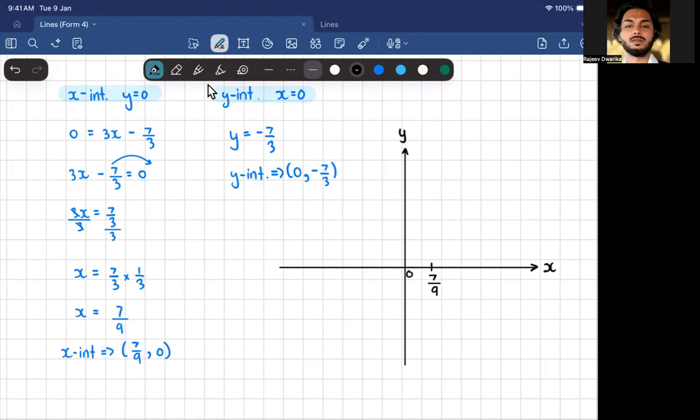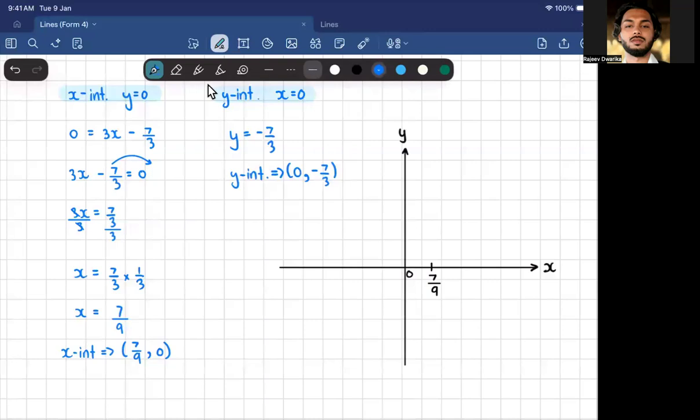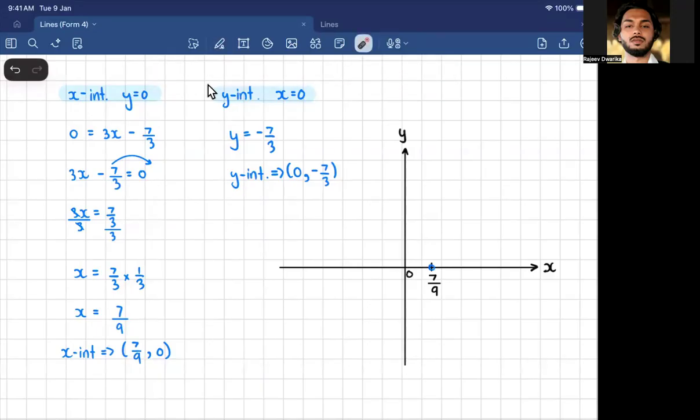You agree that 7 over 9 will be somewhere to the right side, because it's positive, right? Yes, sir. Nice. And the point would be right here. That would be the point. So as you can see, this is where the line is going to cut the x-axis. If the line is cutting the x-axis, the y value would be equal to,